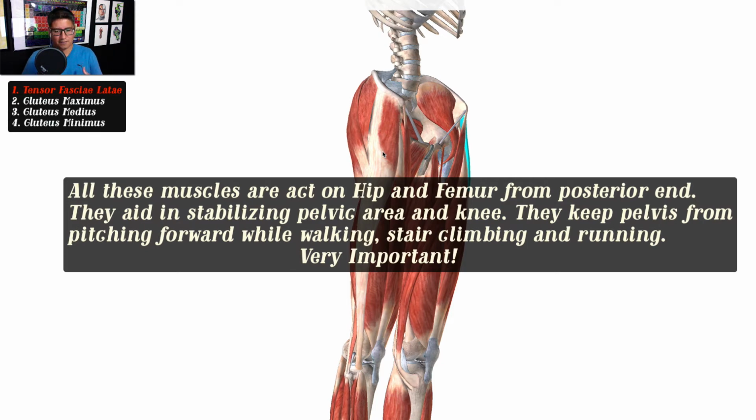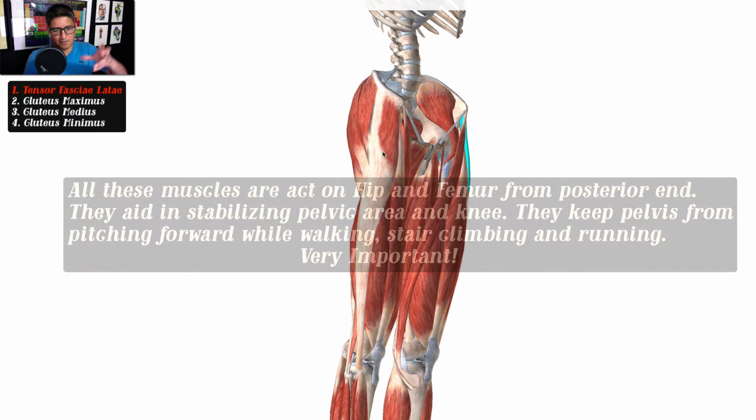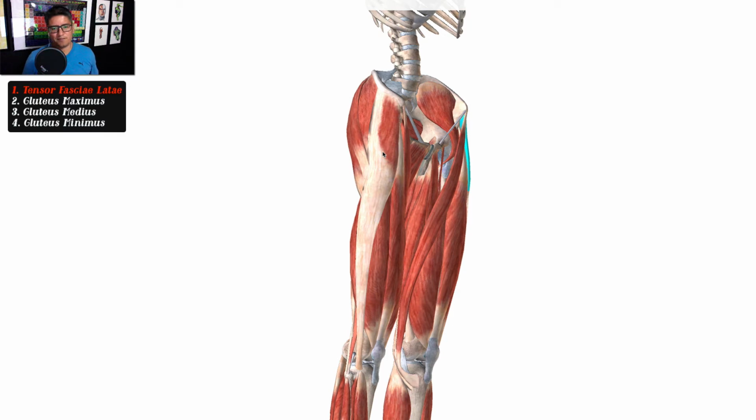As you're walking, it keeps the hips from tilting forward, and it also helps to shift weight. For example, as I'm walking, my glutes stabilize my hips so that the weight on my trunk transfers towards the foot that is on the ground. That allows my back foot to lift up and move forward. These muscles also help to stabilize the knee, and the prime example of that is the tensor fascia latae,